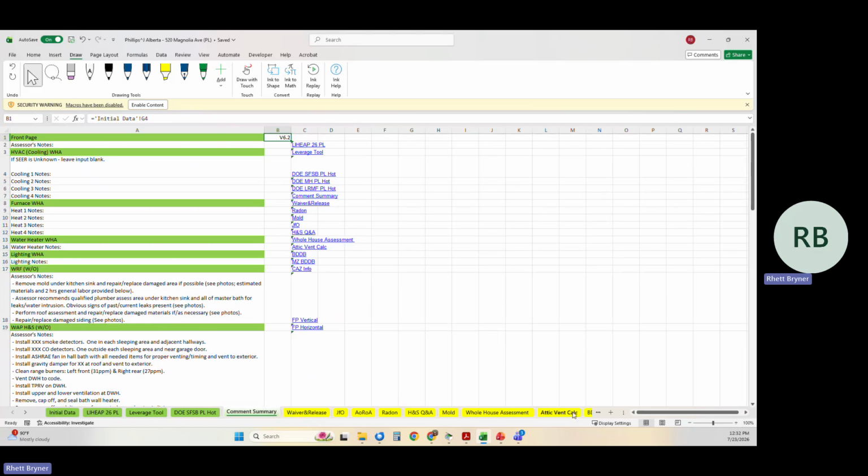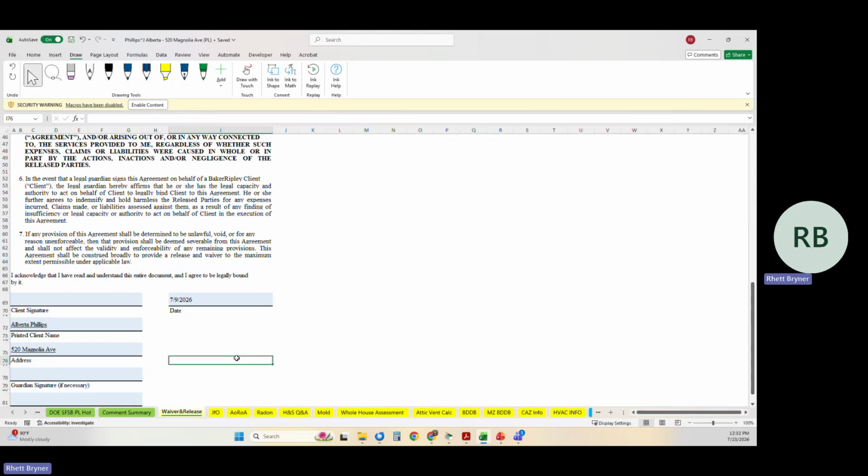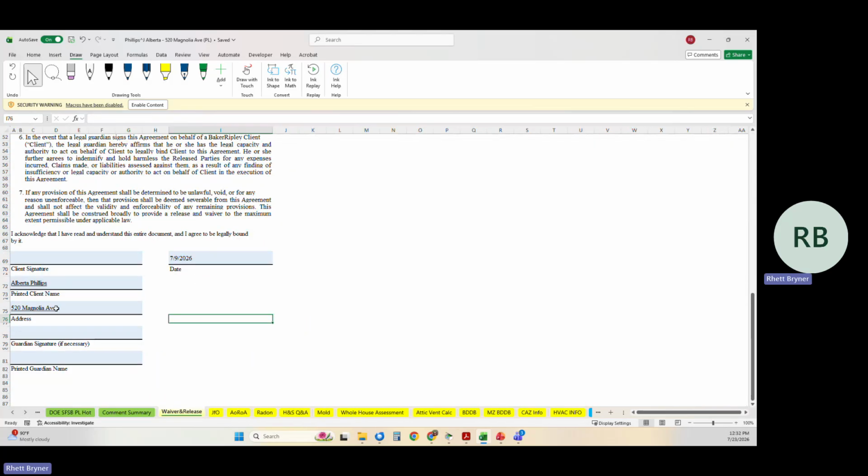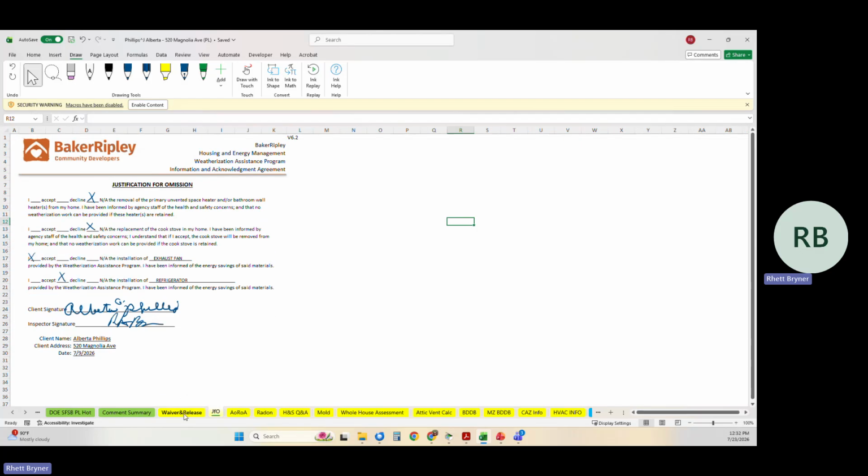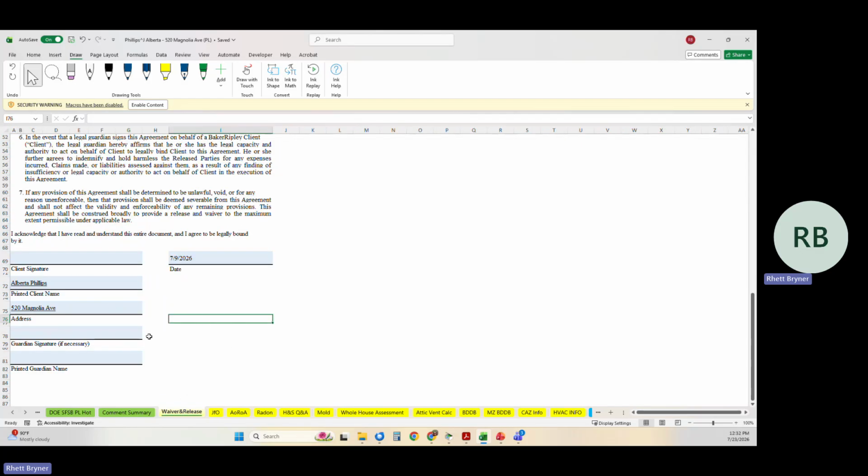Next is going to be these yellow tabs, and this is where we start to get into more pertinent information. All right, so scroll over. First part is a waiver. If you need to get this signature, the ladies in the office are going to tell you if you need to do that. Sometimes you need it, sometimes it's already been done. Next is